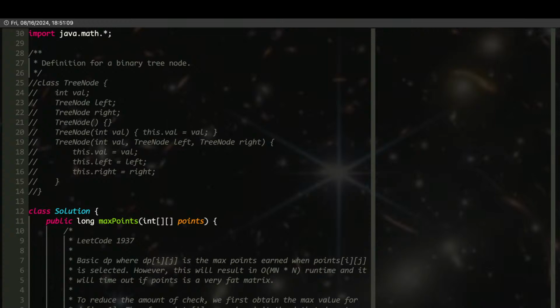This can shrink the amount of check needed,